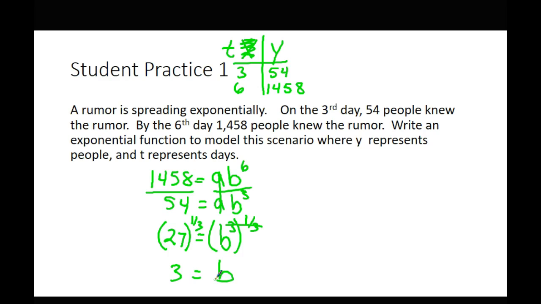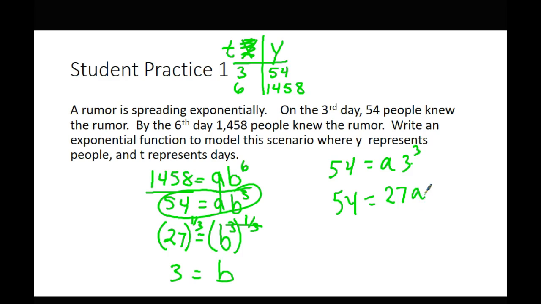And Cleopatra, what do I do now? Plug it into one of the originals. I like the smaller ones. Okay, so I chose this one here. So that's going to give me 54 is equal to 3 to the third power, which is 27, and then we have the A. Dividing both sides, we get 2. And so,